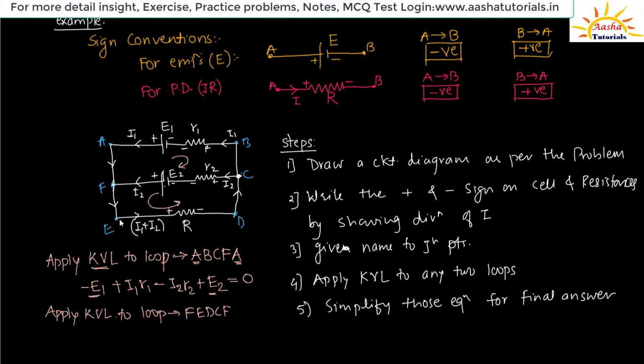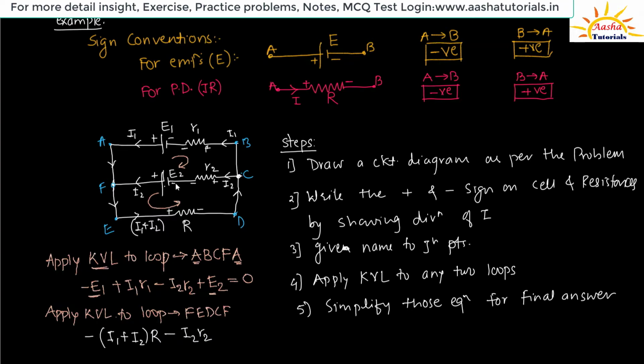So let's go from F to E, nobody's there. E to D, while going from E to D, we have resistance capital R through which current I1 plus I2 is flowing, and we are going from plus to minus. So the sign is negative. Current flowing through that is I1 plus I2, and resistance is capital R. I reach up to D. Then D to C, nobody is there. Then traveling from C to F, we have resistance R2 through which I2 current is flowing, and we are going from plus to minus. So what is the sign of it? Yes, correct, minus. And current flowing through that is I2, and resistance is R2.